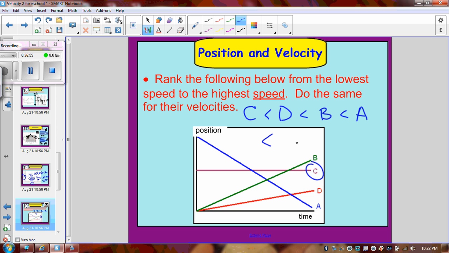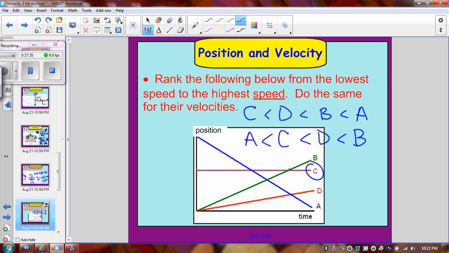Now let's do the exact same thing, but now we're going to look at velocity. Now sign does make a difference. So if we're thinking about that, I know C is horizontal, so it's neither negative nor positive. B and D are positive slopes, but A is a negative slope. So right away, I know A has the lowest velocity simply because of its negative slope. Then C would be the next lowest because it's 0. D then would be the next, and finally B would have the greatest velocity because it has the steepest slope